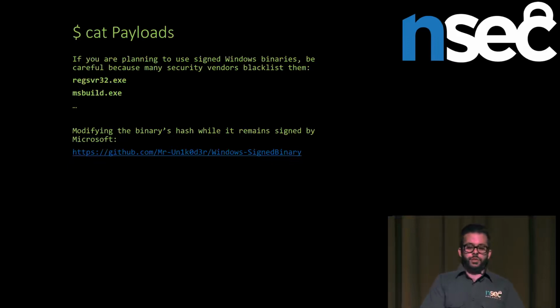So your first stage can be: drop this signed binary that was modified, like regsvr32, for example. So you drop your modified version of regsvr32, and you actually run the same type of exploit, but with this slightly modified version, and they may not detect you. Another trick that works with some products, again, they have different levels of detection: just rename it.